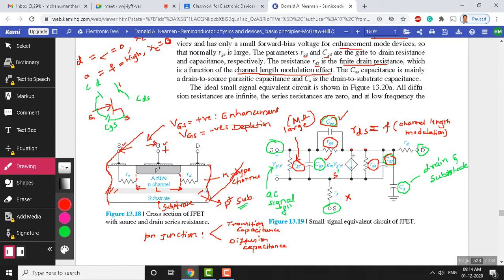flowing. It is from the drain, this point is the drain point. Let me say this is going to be the drain point, and it is flowing from drain to source, right. For the time being, you can ignore this resistance, do not treat this. This is an optional kind of resistance, RS. That is why I have written the terminal here itself as source. So, this current is flowing from where to where? Drain to source. Can I call this current IDS? This current is IDS, because it is flowing from drain to source, right.